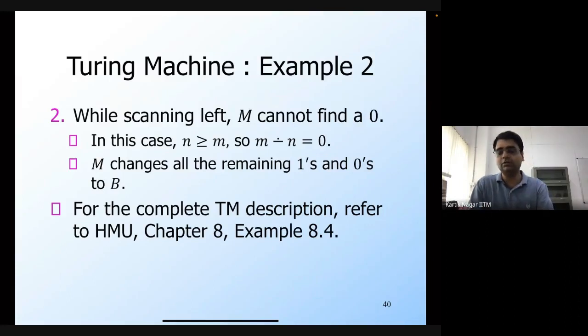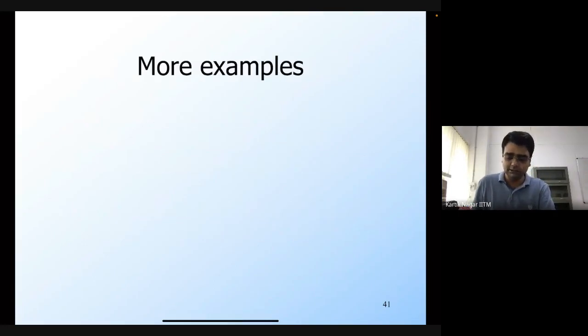So you can also design Turing machines to perform other computations. For example, any arithmetic operation, like addition or multiplication or division, can be computed using a Turing machine. There are more examples. I won't cover them, but it's useful to take a look at them, so I'll leave this as homework.